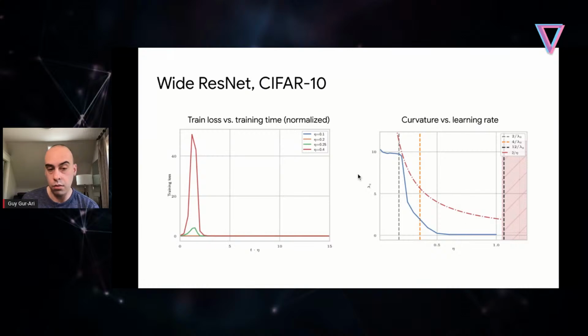Now let's go to some more modern architectures. This is a wide ResNet, so like a modern convolutional architecture. We train this on CIFAR10 with mean squared error loss, and we see, again, the same behavior. So with small learning rates, the training loss is going to go down. This is hard to see in this plot, but there's no jumping around or anything. It just nicely converges. When we train with large learning rates, we see this explosion. We see the catapult effect in the training loss. And again, I want to stress, if you want to see this in your experiments, you really have to measure it every step. So each point here is just a single step.